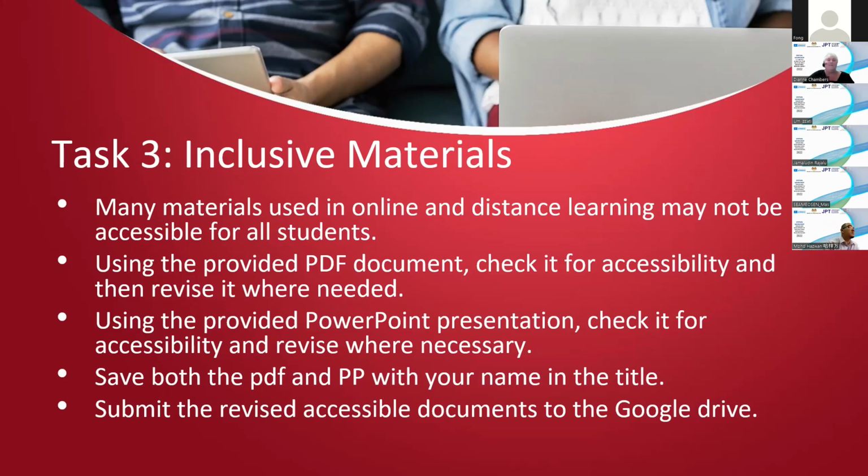Download those documents from the Google Slide, save them with your own name on them, and when you've had a go and you think you've revised them appropriately, upload them to your task site, okay? These shouldn't take you more than 20 or 30 minutes to do. This is not meant to be an onerous task. It's meant to be an exercise for you to reflect on accessibility and to practice using these tools.